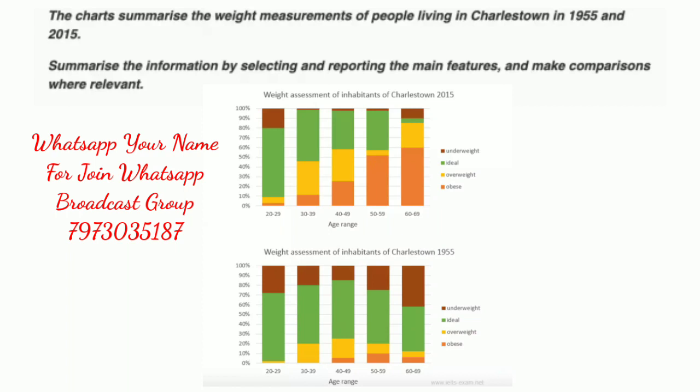I hope you guys know what subjective and abstract nouns are. So the sentence that should be used here is: in 2015 a higher percentage of people were overweight or obese than in any other group. So rather than "had", "were" should be used. You cannot say the people had obesity or they had overweight. They were obese or they were overweight, or you can say they were suffering from obesity.